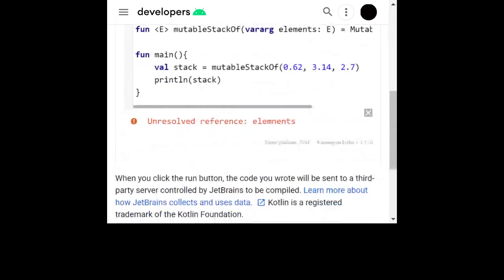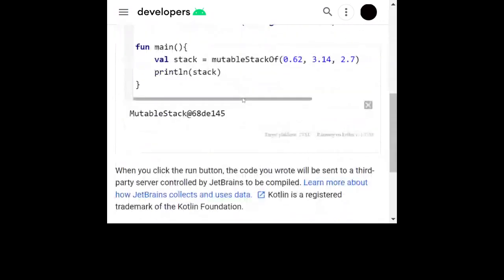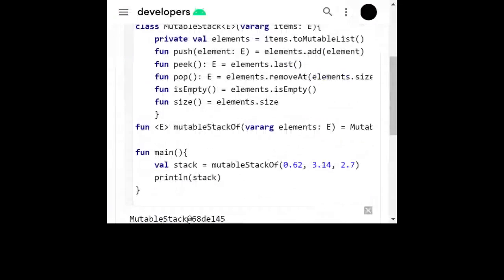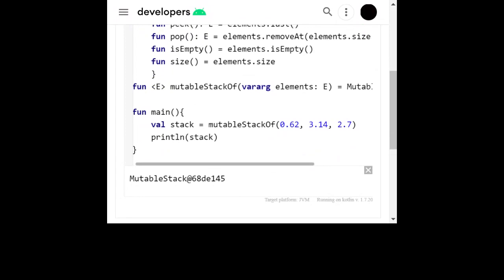Okay. So we've basically got this, but in order to avoid this,